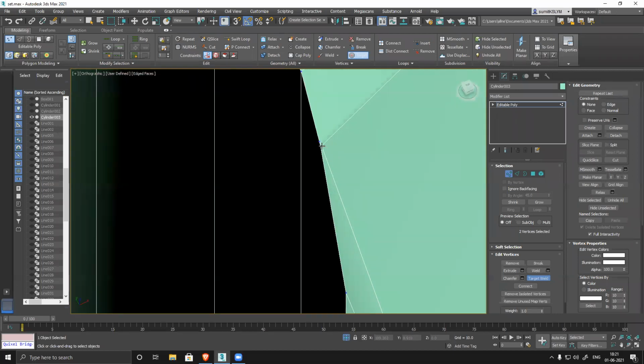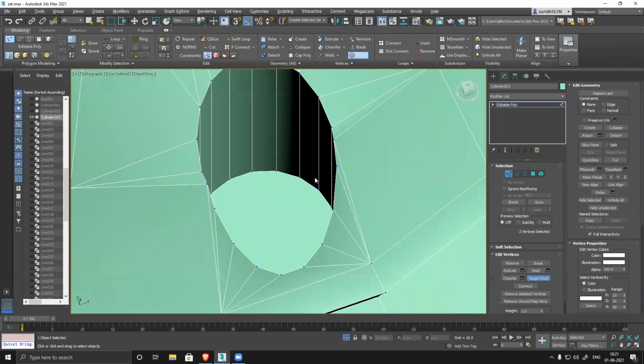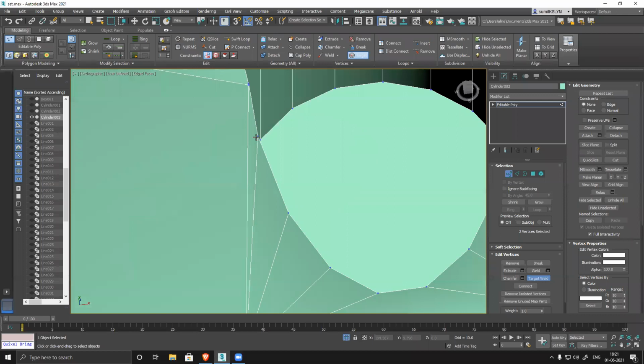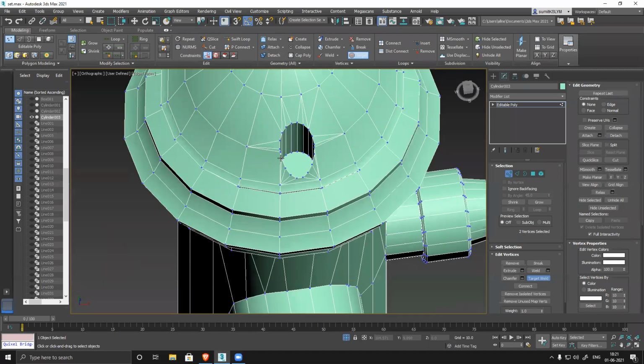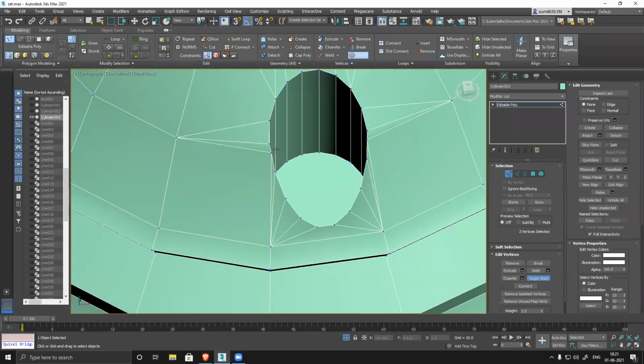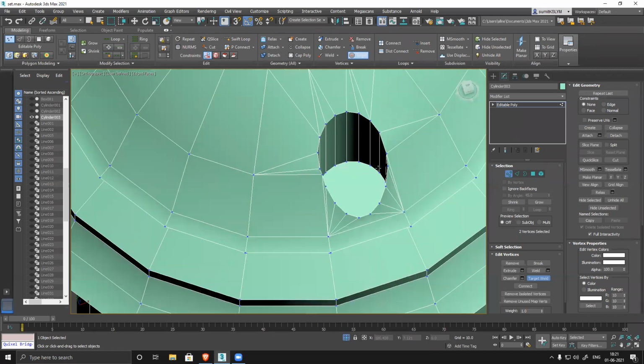This side also same thing. Clean it. And if I want, I can make this thing like this also.